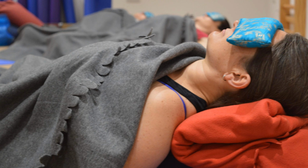Compassionate warmth flowing into the right ankle and heel, the sole of the foot, the top of the foot, the right big toe, second toe, third toe, fourth toe, and the fifth toe. And then moving over to the left side,